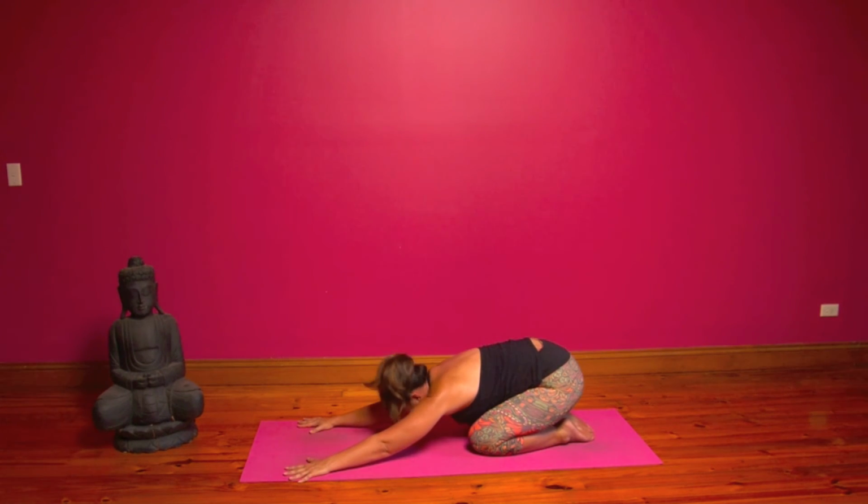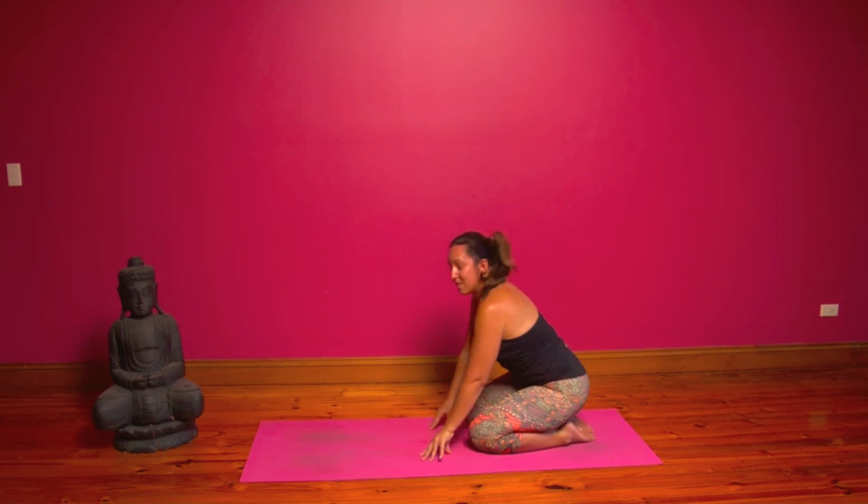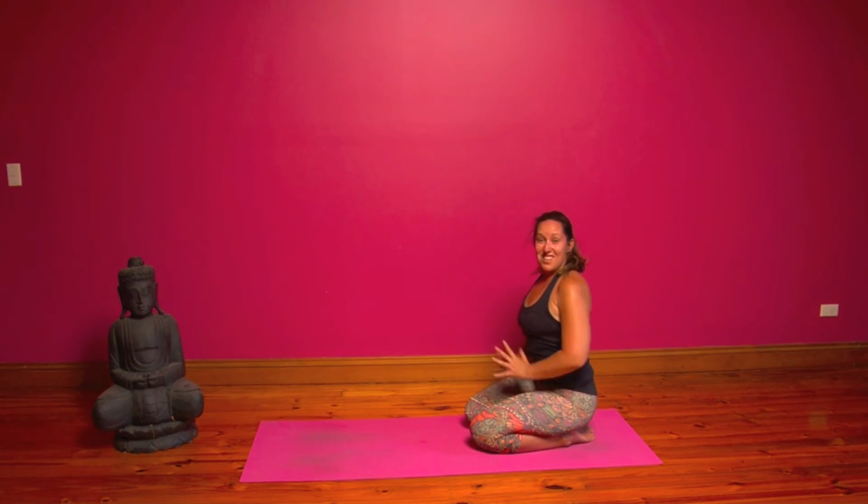So a couple of little arm balances just to close this practice for today. And you may find that you don't actually master these arm balances today, and that's not really the point. It'll give you some tools to continue to practice, and you'll find that before too long, if you just apply